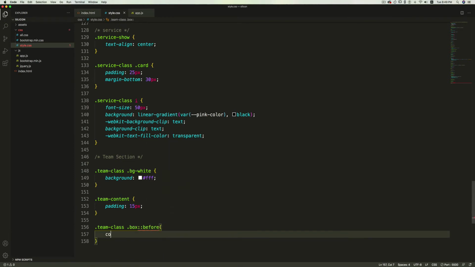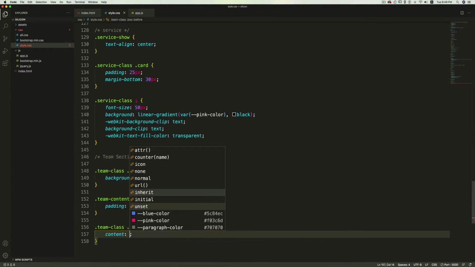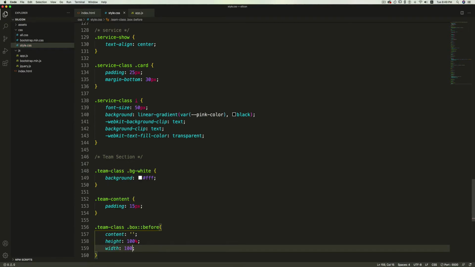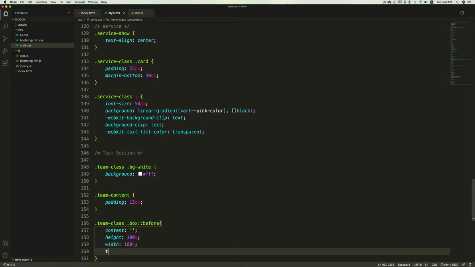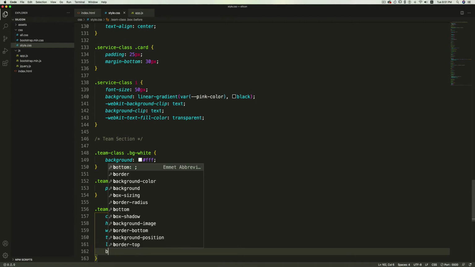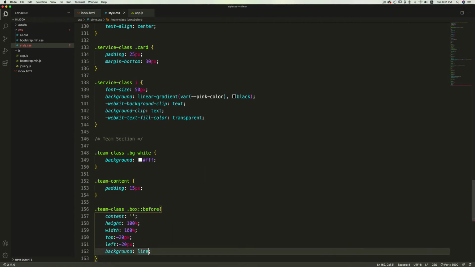So before, content will be nothing, height will be 100%, width will be 100%, top is going to be minus 20 pixel, left is going to be minus 20 pixel, and then I'll set the background to linear gradient, and here I will change the degree to 135 degree, and then for the color var from blue color to var pink color.